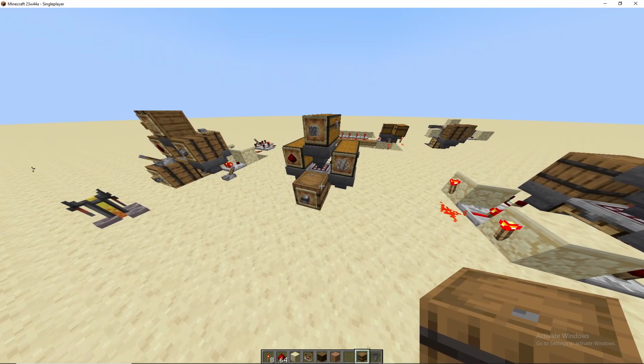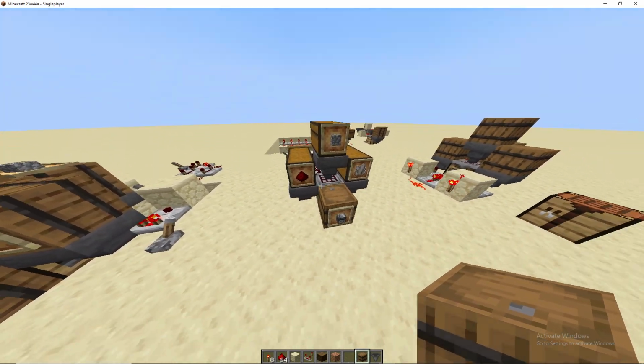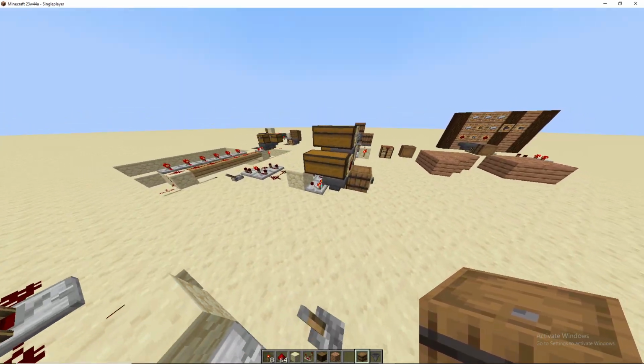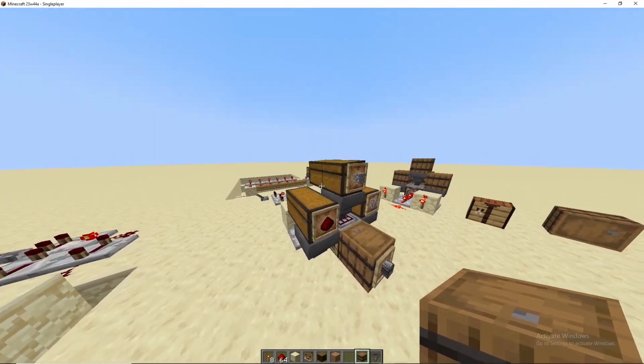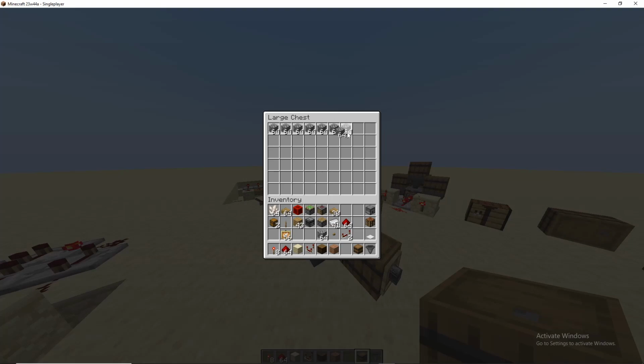But this is just one example, which is 3 items to make 1. Very compact, very nice. And like I said about the whole template thing,